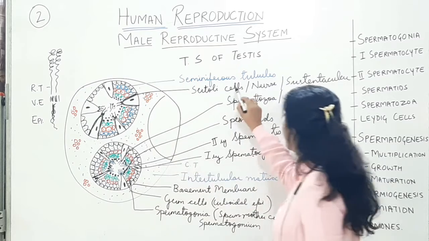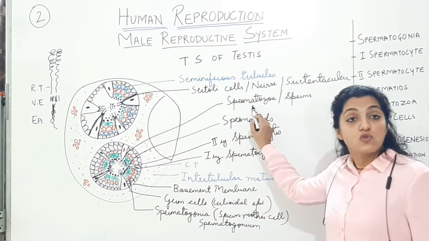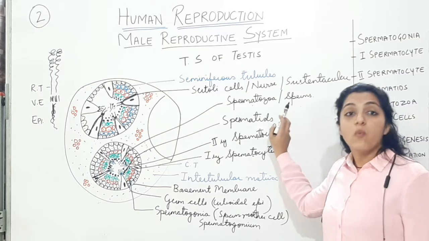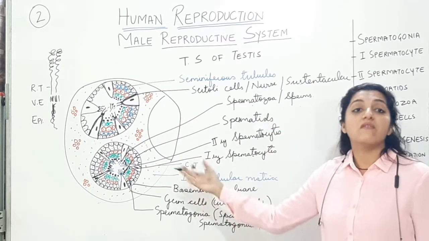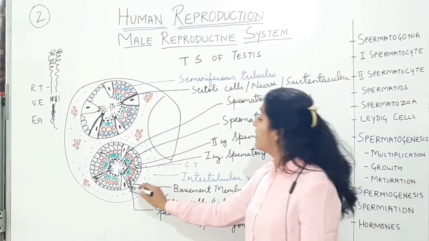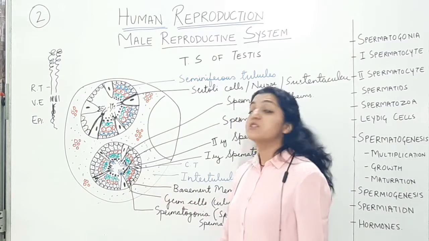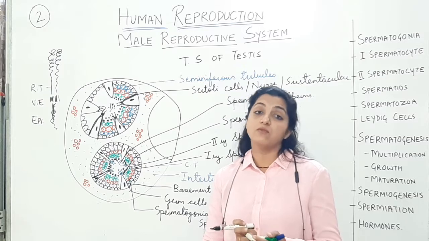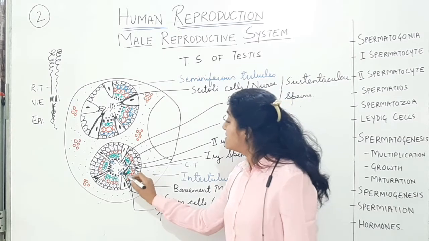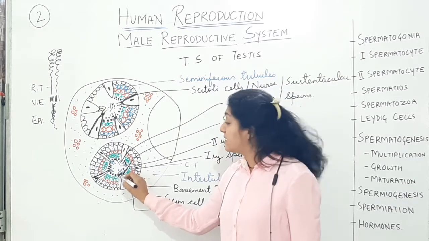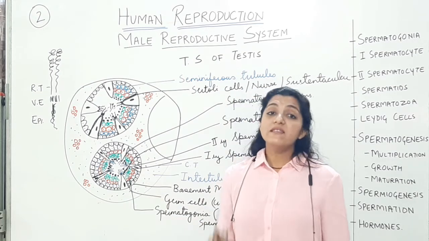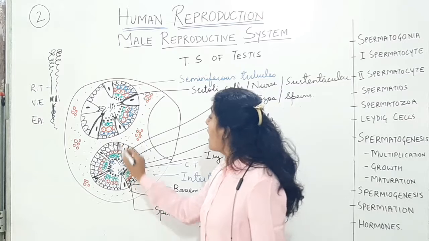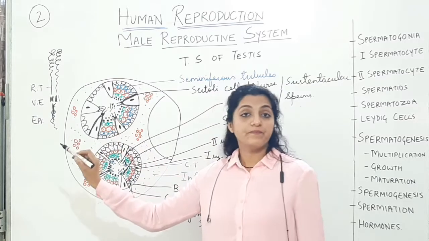These are the spermatozoa or the sperm, which are the male gametes. Now when they are produced, when they are formed, they remain attached to the pyramidal cells, which are called the Sertoli cells, which provide nourishment to them. So the head is attached to the Sertoli cell and tail is towards the lumen. Once their development is complete, their nourishment is complete, they come to lie free in the lumen over here.